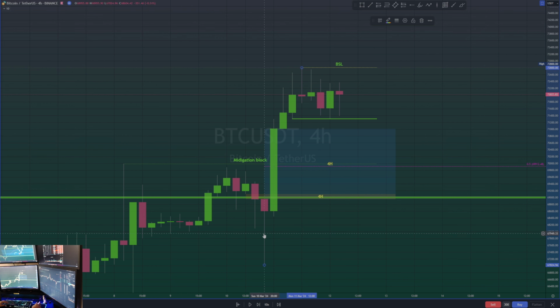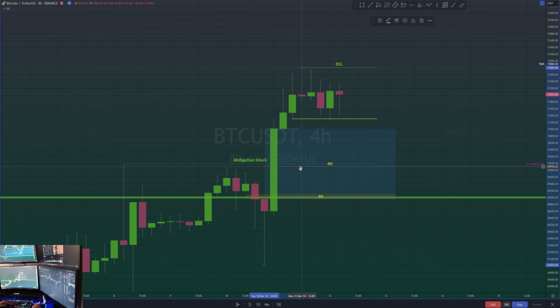Looking at this on the 4-hour time frame, we can clearly see that it was not balanced. What do I mean by that? The price made a move from the lowest point all the way up here without making any correction to the 50% retracement,